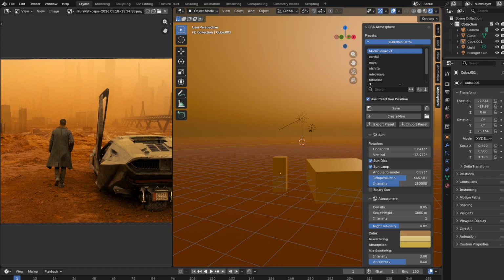All right, I think this is it for today, for this morning. I'll try to create another preset tomorrow. So you can see this is it for this preset of a Blade Runner. Tomorrow I'll be trying